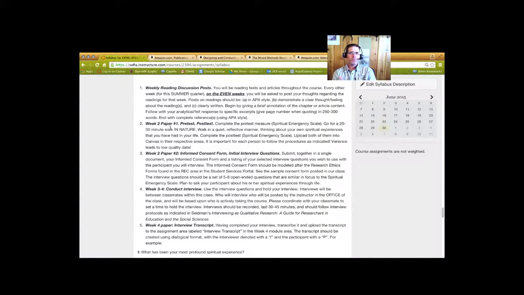The praxis element for this is taking the Spiritual Emergence Scale and then going for a 20 to 30 minute walk in nature. Walk in a quiet and reflective manner, thinking about your own spiritual experiences that you've had in your life. And then once you get back from that walk, complete the post-test, complete the Spiritual Emergence Scale again,